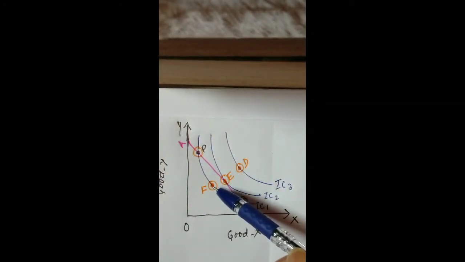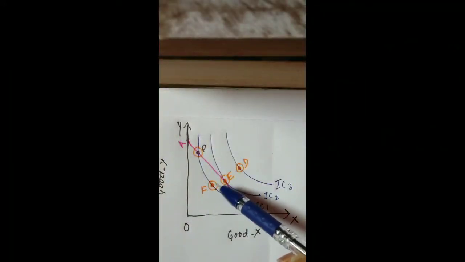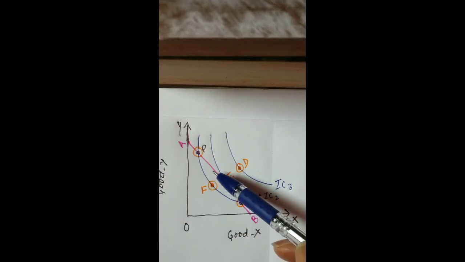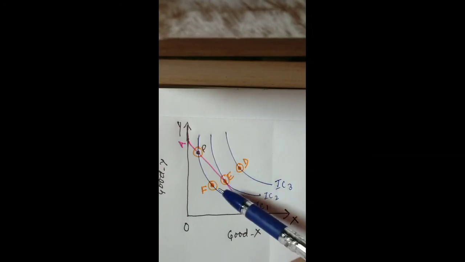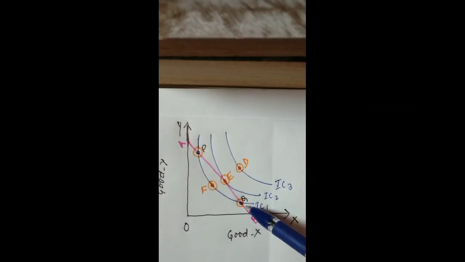So any rational consumer who thinks and decides about the expenditure will want to spend his total income either by purchasing more of good Y, or by purchasing more of good X, or by purchasing more of the two goods. It means the consumer is not going to buy any combination out of these three, that is P, F and Q.